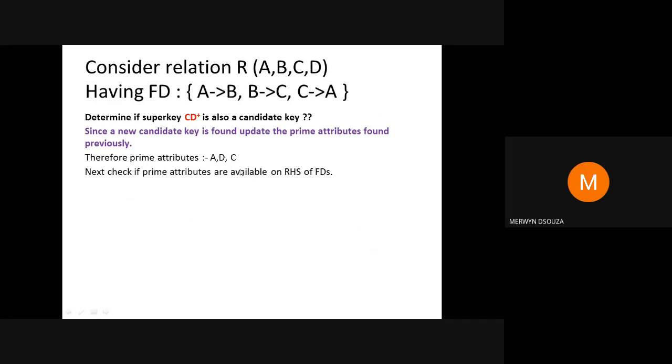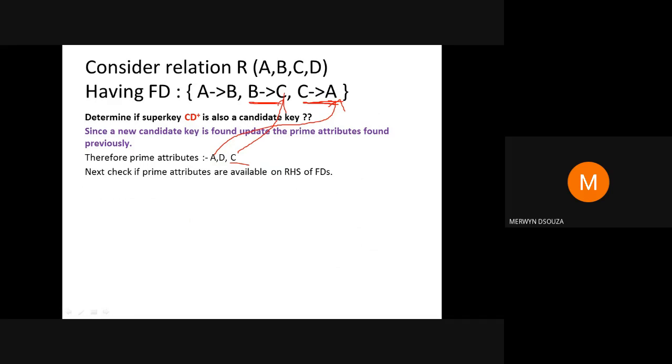functional dependencies. Okay. So check and you will find that it is present here, but we have already checked for this functional dependency. Okay. A is present here on the right hand side, but we have already checked for this functional dependency. Therefore, there is no need to check again for that. Okay. Check if any other functional dependency is having the prime attribute on the right hand side. So here you can see that this prime attribute C is present on the right hand side here. Therefore, we need to take this functional dependency.